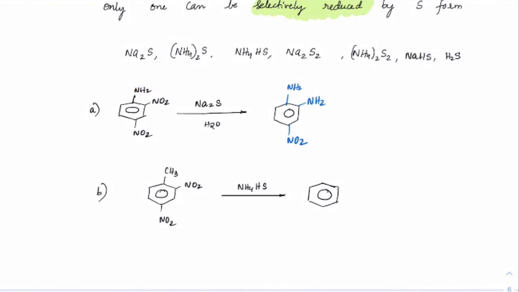Out of which, NH2 and CH3, if you compare, NH2 will be strongly donating and does not have a problem with crowding. So NO2 will be reduced here to NH2. CH3, on the other hand, will have a problem with crowding. So we will have CH3, NO2 and NH2 formed here. Okay. So these are the reactions to remember only. Do not get into any details of the mechanism here. And only two types have been there for your course, NH2 and CH3.